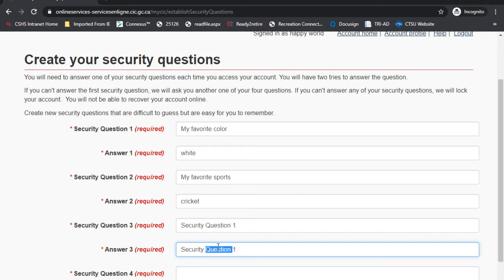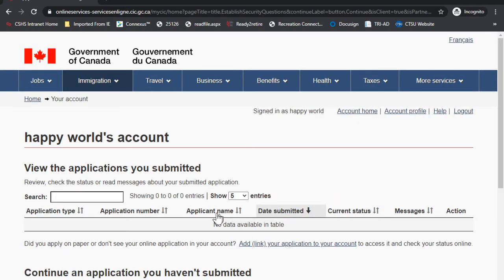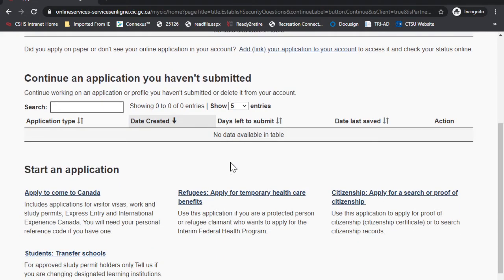You can type whatever is good for you. Click continue. Now here it says Happy Worlds account. Scroll down. On the left hand side, click apply to come to Canada.